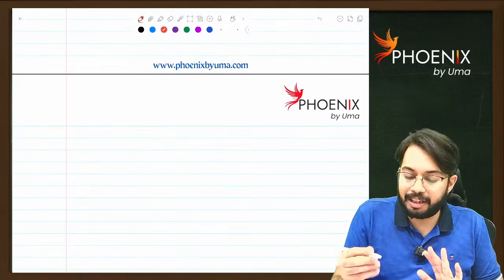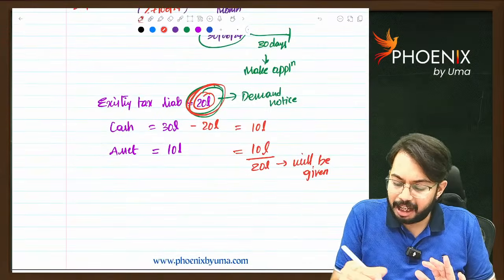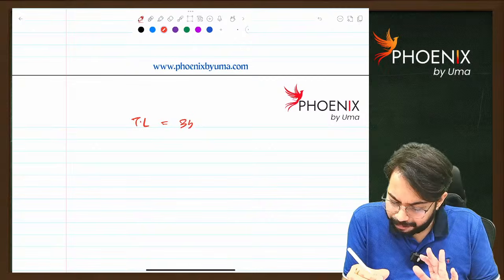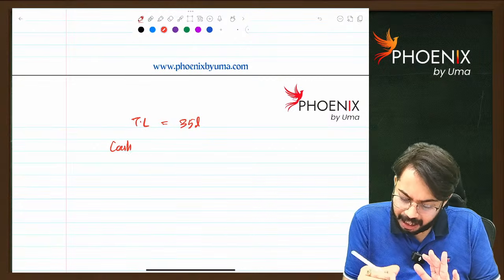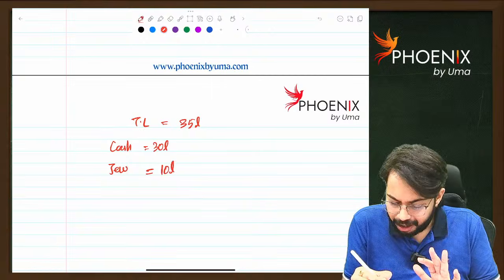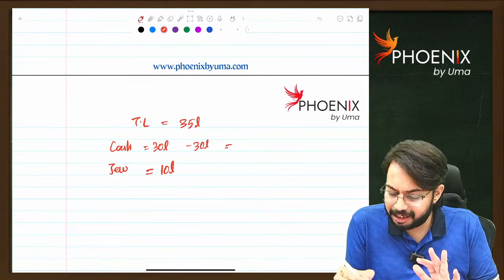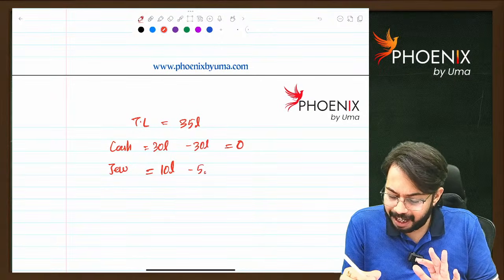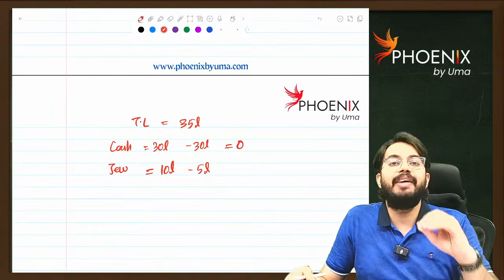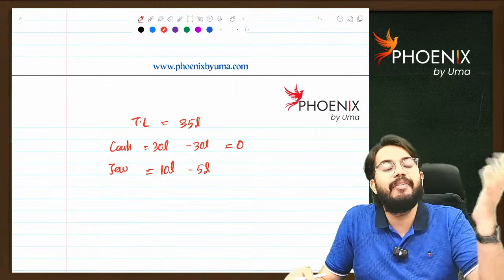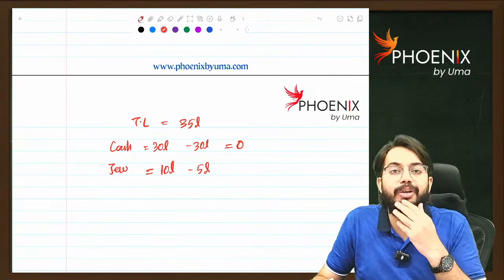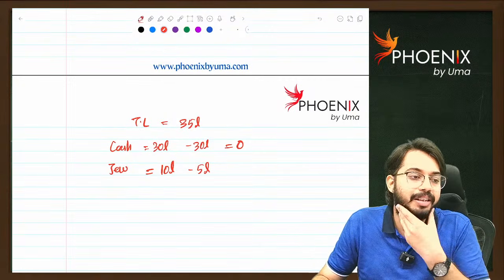Okay, I will tell one scenario. Here, tax liability is 20 lakhs. For example, tax liability is 35 lakhs. Cash 30 lakhs is available. Jewelry 10 lakhs is available. Now, 30 lakhs they will adjust. What about balance 5 lakhs? They cannot break the jewelry, right? What they will do? They will sell the jewelry in open auction. They will get money. They will adjust 5 lakh rupees. Balance 5 lakh rupees will be given to the assessee. Are you able to understand?